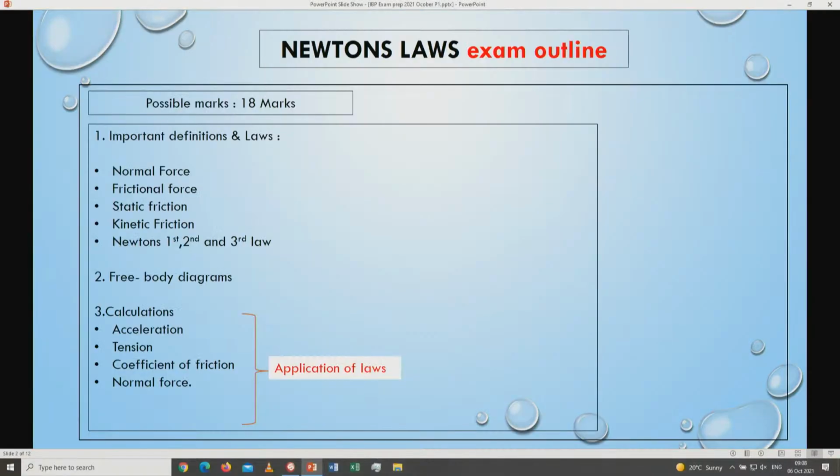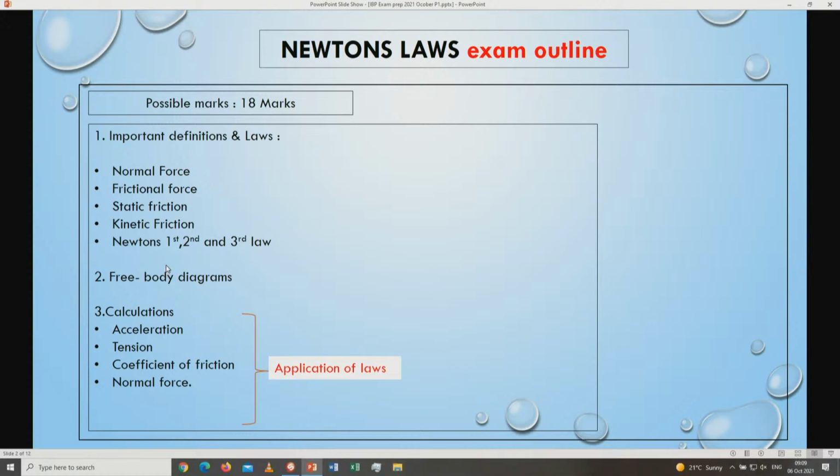So in the PowerPoint that I compiled, I said the important definitions that we need to look for are normal force, frictional force, static friction, kinetic friction, and also be able to state Newton's first law, Newton's second law, as well as Newton's third law. So if this can be addressed, each one of them will be 2 marks in an exam. So it will be my 2, and then I should also be able to draw the correct free body